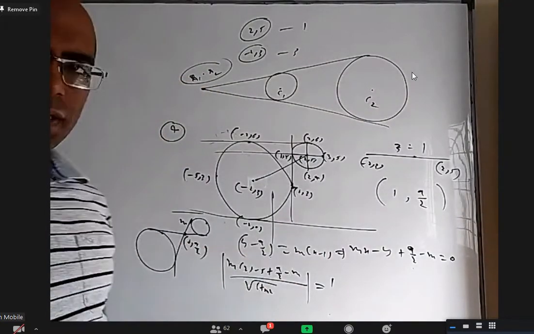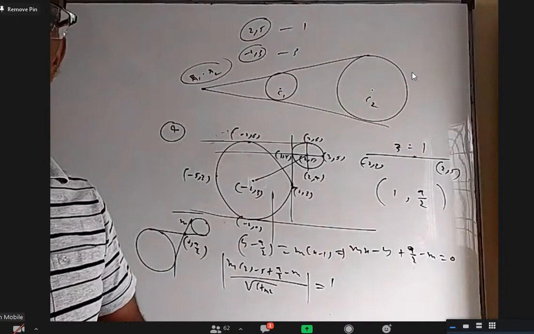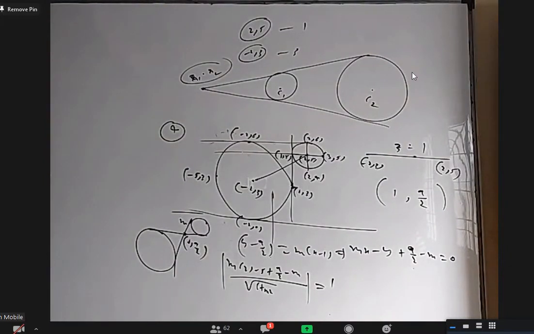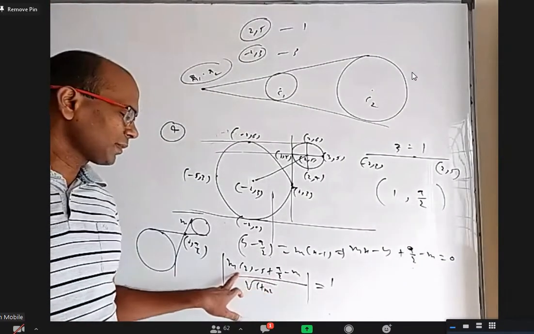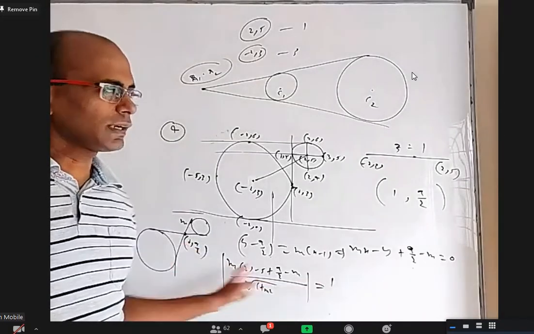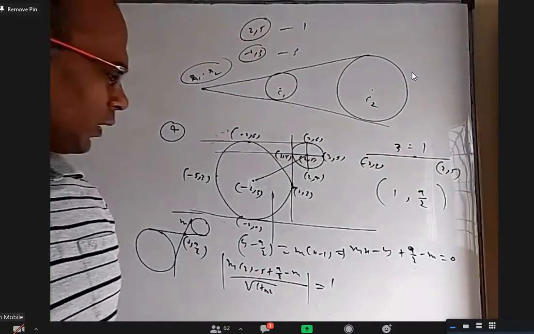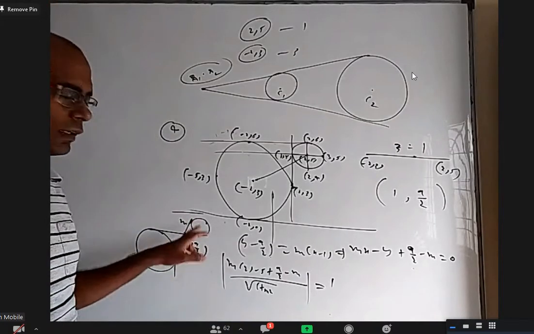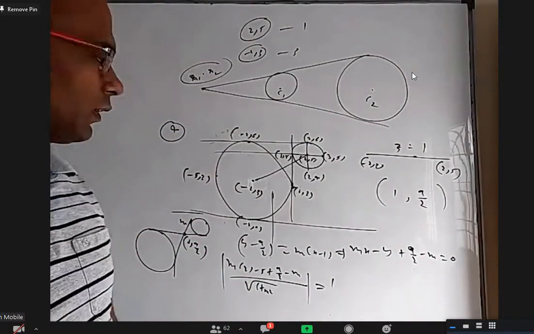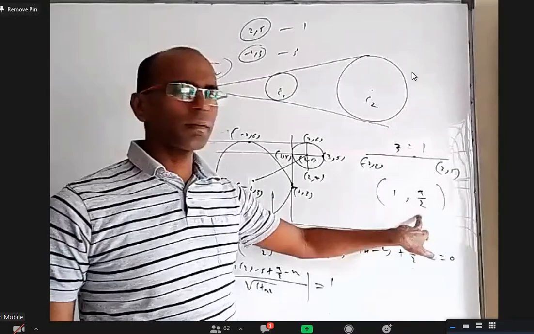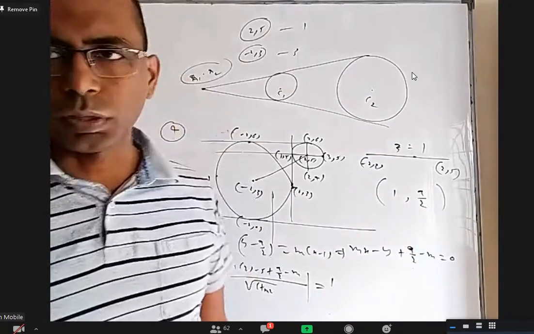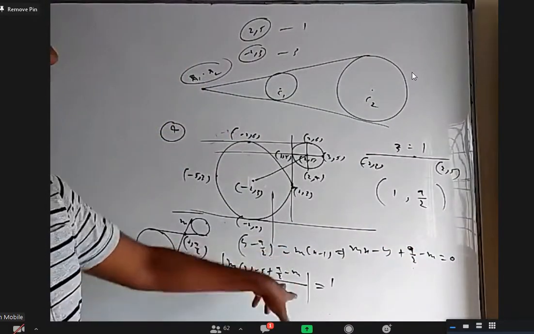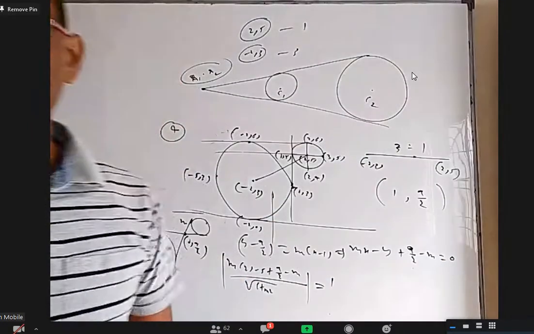When you square this, you will not get a quadratic equation, you will get a linear equation. Only m square will get cancelled. Why? Here 2m minus m is m, and m square gets cancelled, so we will only get 1 m value. We are supposed to get 2 m values, but we are getting 1. Understand? The other tangent is vertical, its slope is not defined. But it passes through (1, 9/2), so it should be x equal to 1. We will get another m value, use that m value, and with the known point, you get the line equation.